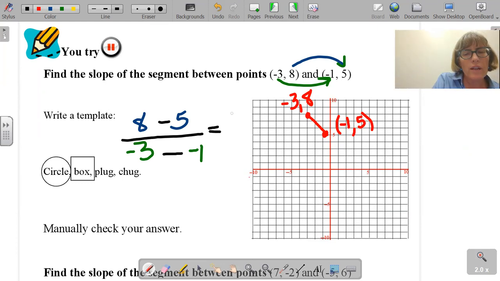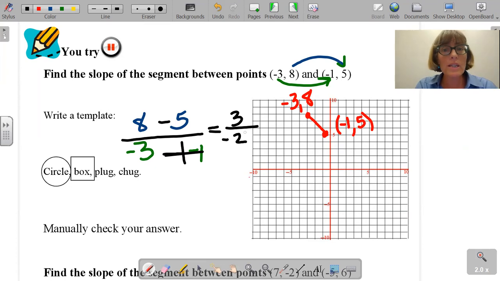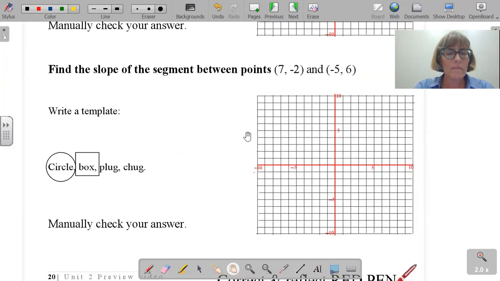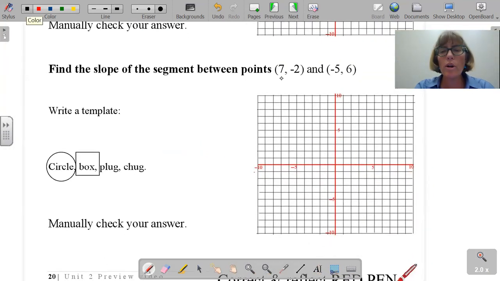8 minus 5, that's 3. Double negative makes a positive. Going to be -2, which is exactly what we expect because it's a negative line. So our rise is 3, our run is 2, and it's a negative line. So check, I know I'm correct. These 2 points,